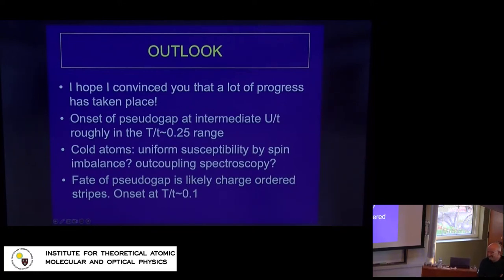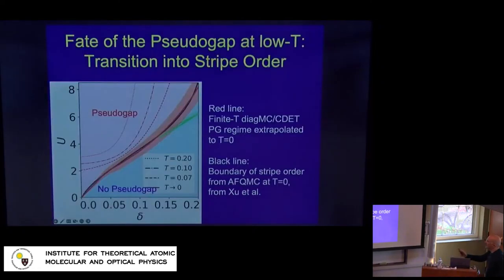Eugene. Can we go back to the phase diagram you just had? Yes. When you are saying pseudogap, no pseudogap, it's an experimental prediction, and probably the simplest measurement would be spin susceptibility, like we heard in the talks earlier. So you would say when there is no pseudogap, there will be no suppression of uniform spin susceptibility as we lower the temperature. I didn't show the results for the uniform spin susceptibility, but this is what I expect.